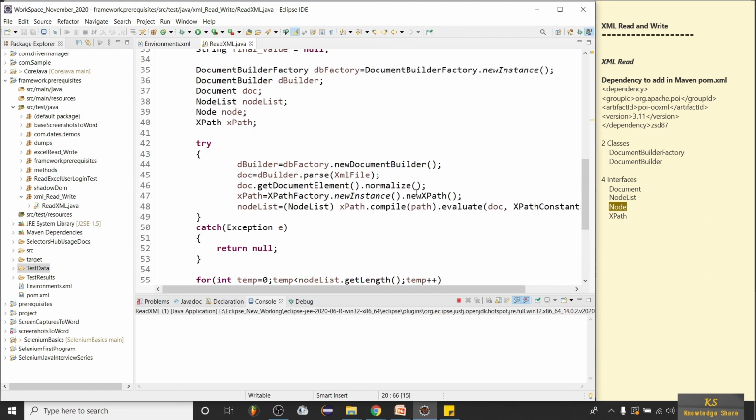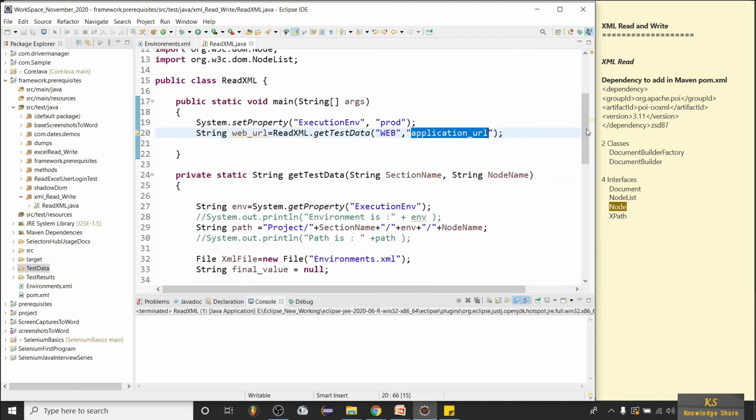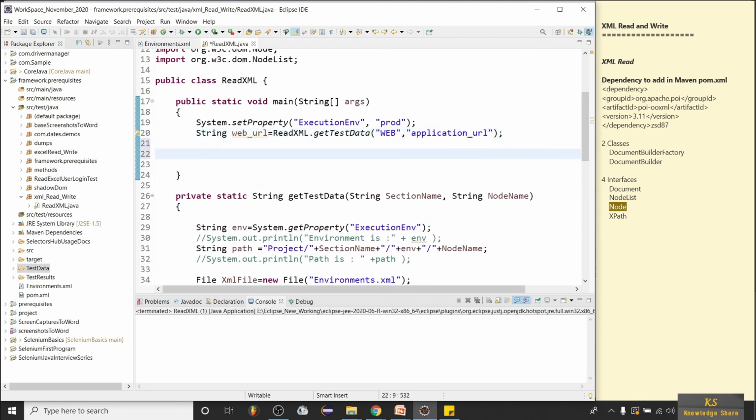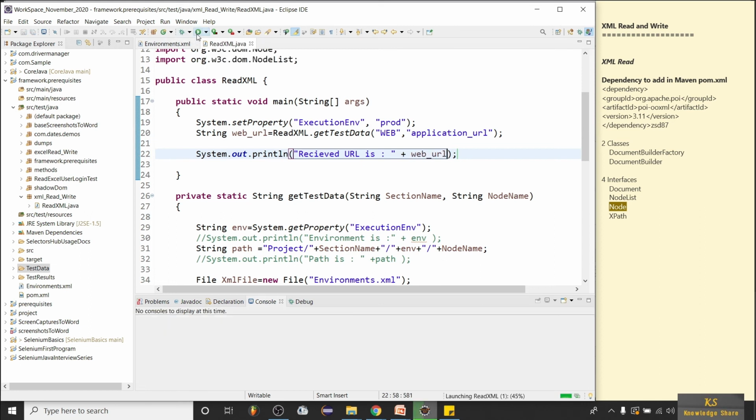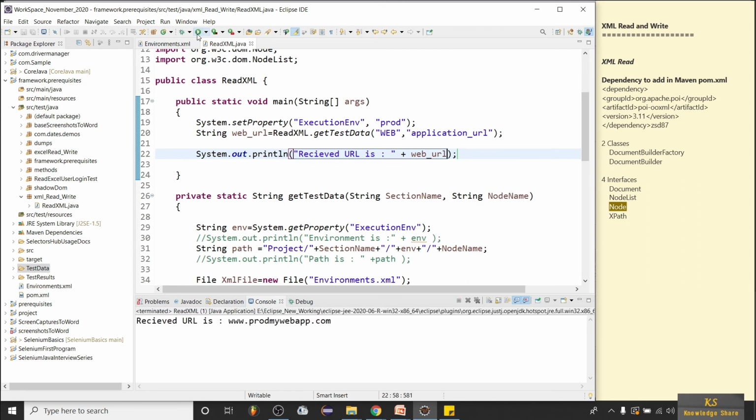Okay, I think we haven't printed that value, right? So let me print this value. System.out.println received URL is, so let me declare it here. Okay, so let me run this now. Yeah, now you can see received URL is